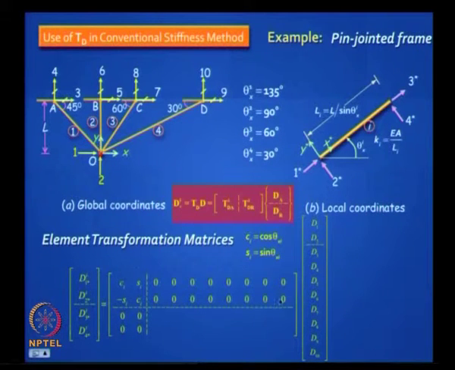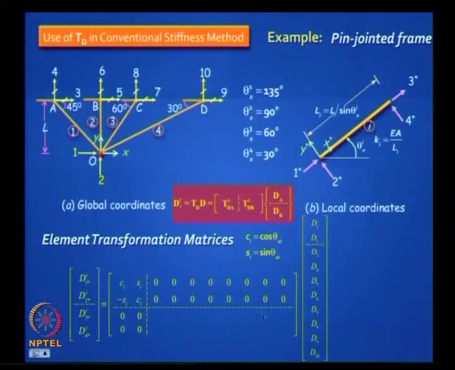This is my Td matrix, and on the right side I put all the coordinates in the structure, global coordinates. There are 2 active coordinates and there are 8 restrained coordinates. So the size of my Td matrix for any element i, there are 4 elements, is 4 by 10, 4 by 10. Are you getting it? It is simple, it is 4 by 10.